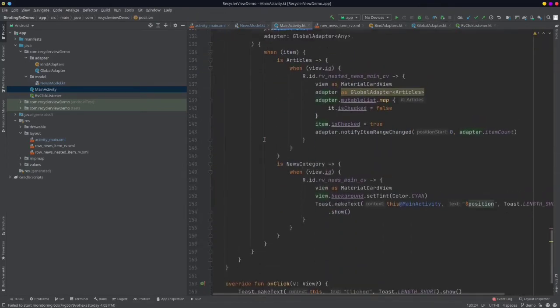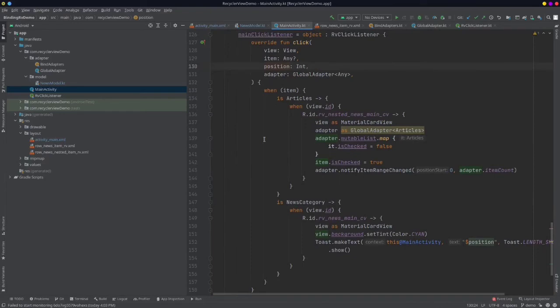Yes, and to know which file actually got the click and from which file the click event was triggered, I'm using a bunch of when statements. So how this works: in this when condition, I will first check which model has been called, so is it articles.